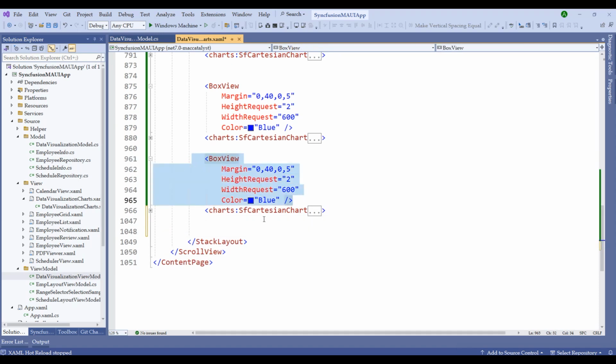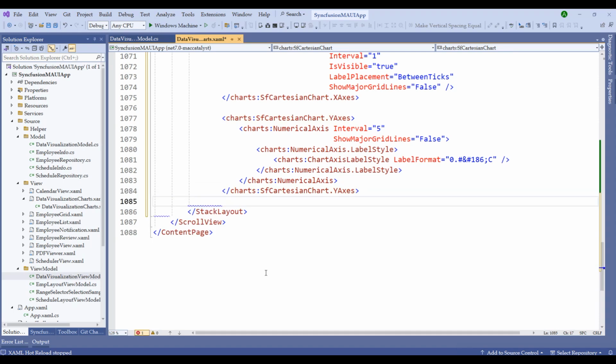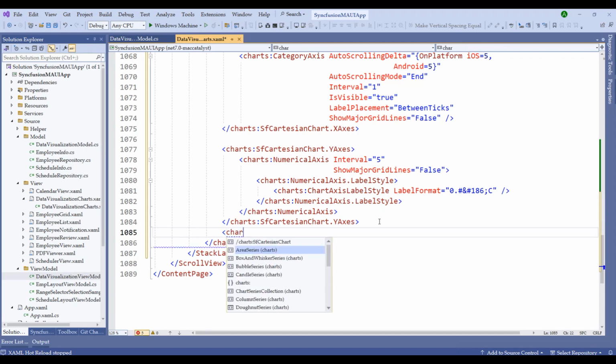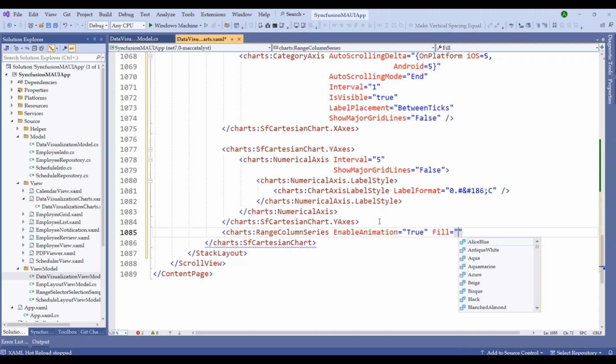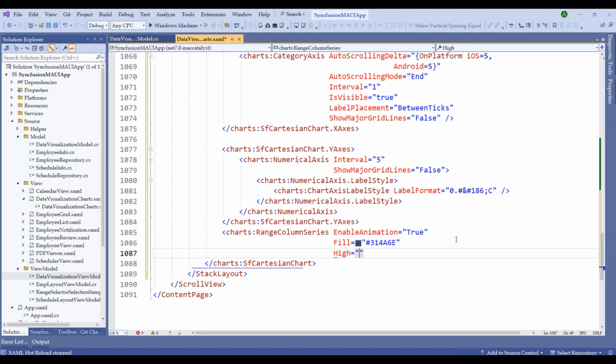Let me copy this box view and paste here, and after this let me create a chart called range bar chart with both x and y axis. Right after this, to make it faster, I'm copying it from my other window. Let's define the range series, which is charts colon range column series. Within the range column series, I would say enable animation equal to true, and then I'll also have a fill property which will be some fill color for the range, and then right after this I will have high value